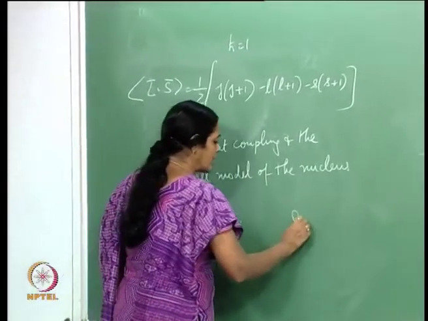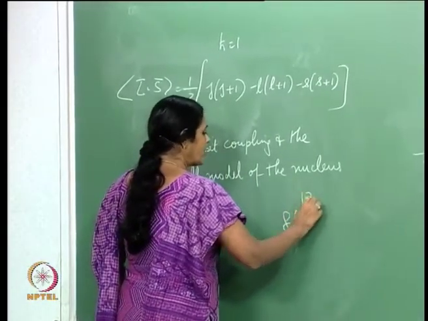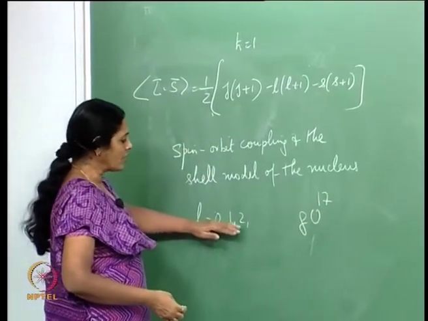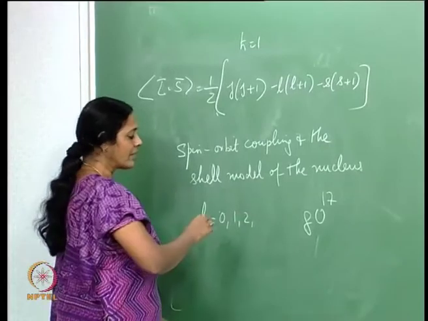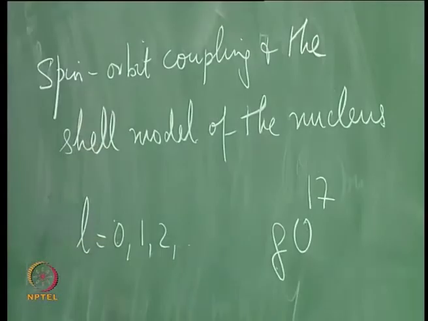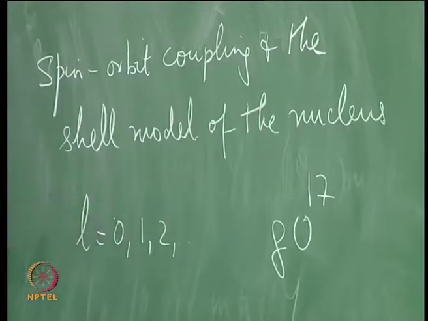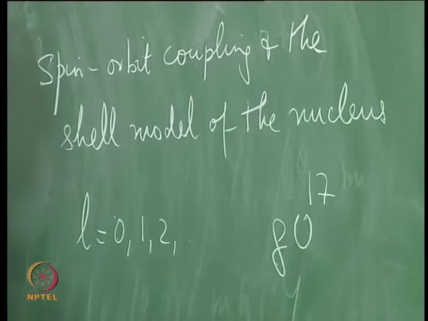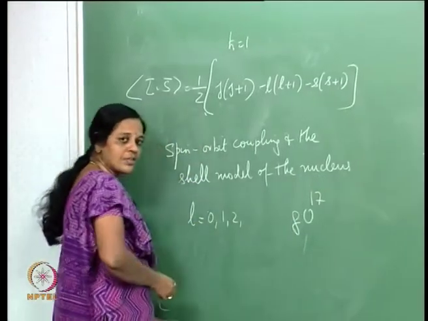For instance, if you take the nucleus oxygen-17, you fill up these protons in the L equal to 0 state, 1 state, 2 state, and so on. For that, you have to find out how many protons can occupy the various levels, the various shells. So, we will do a simple calculation to see that. Similarly, fill up the neutrons